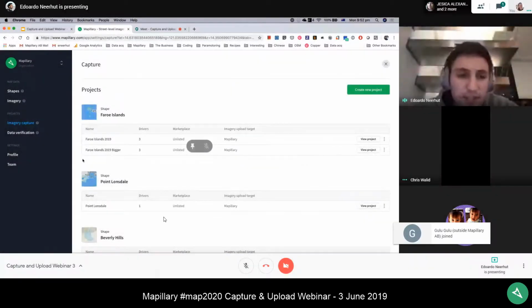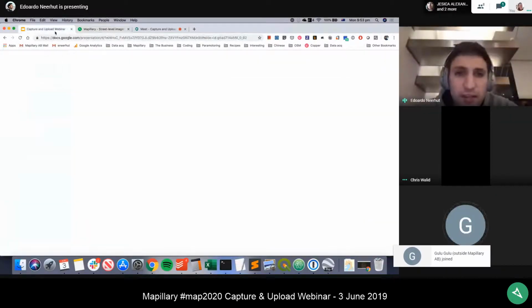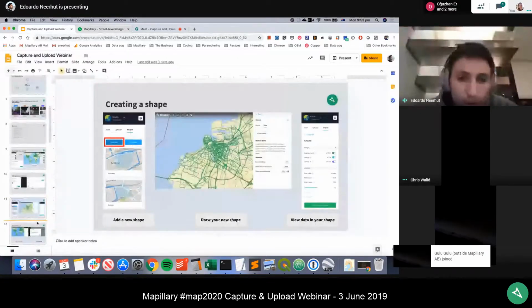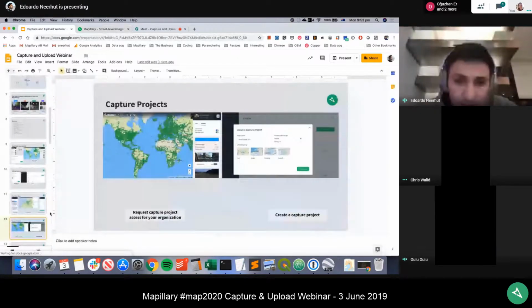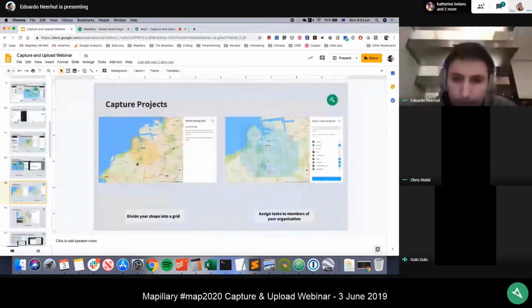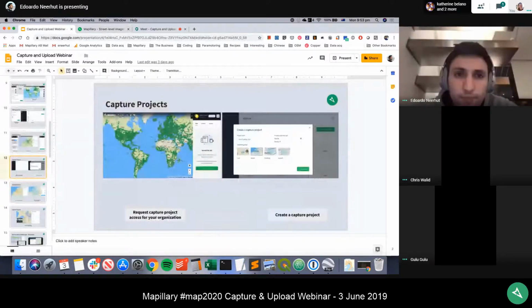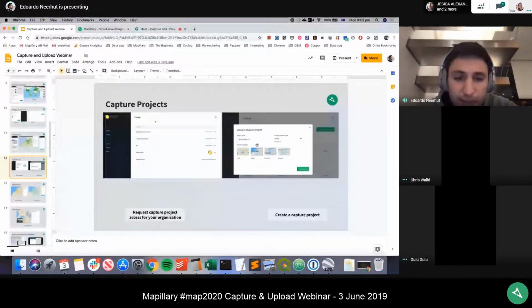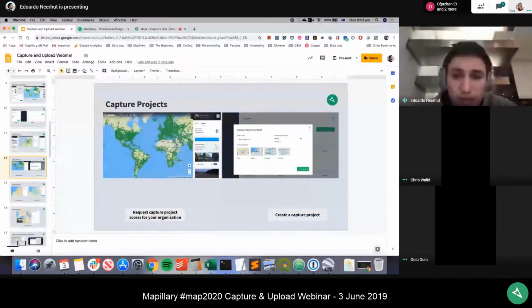Now you'll need to request access to this. So you'll see a pop-up just here, which will say request access to capture projects. That'll send us a notification and then we'll grant you access. So make sure to do that with your organization.